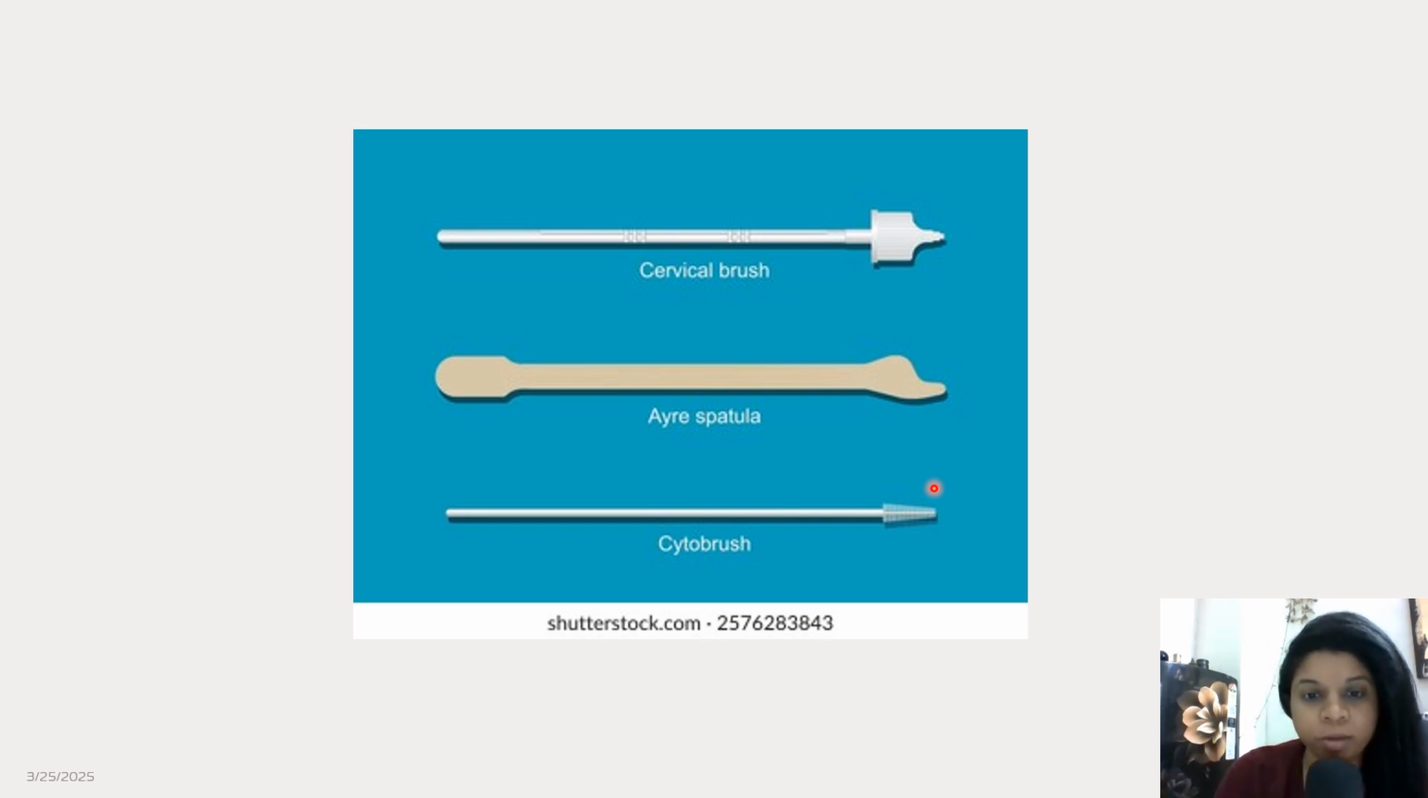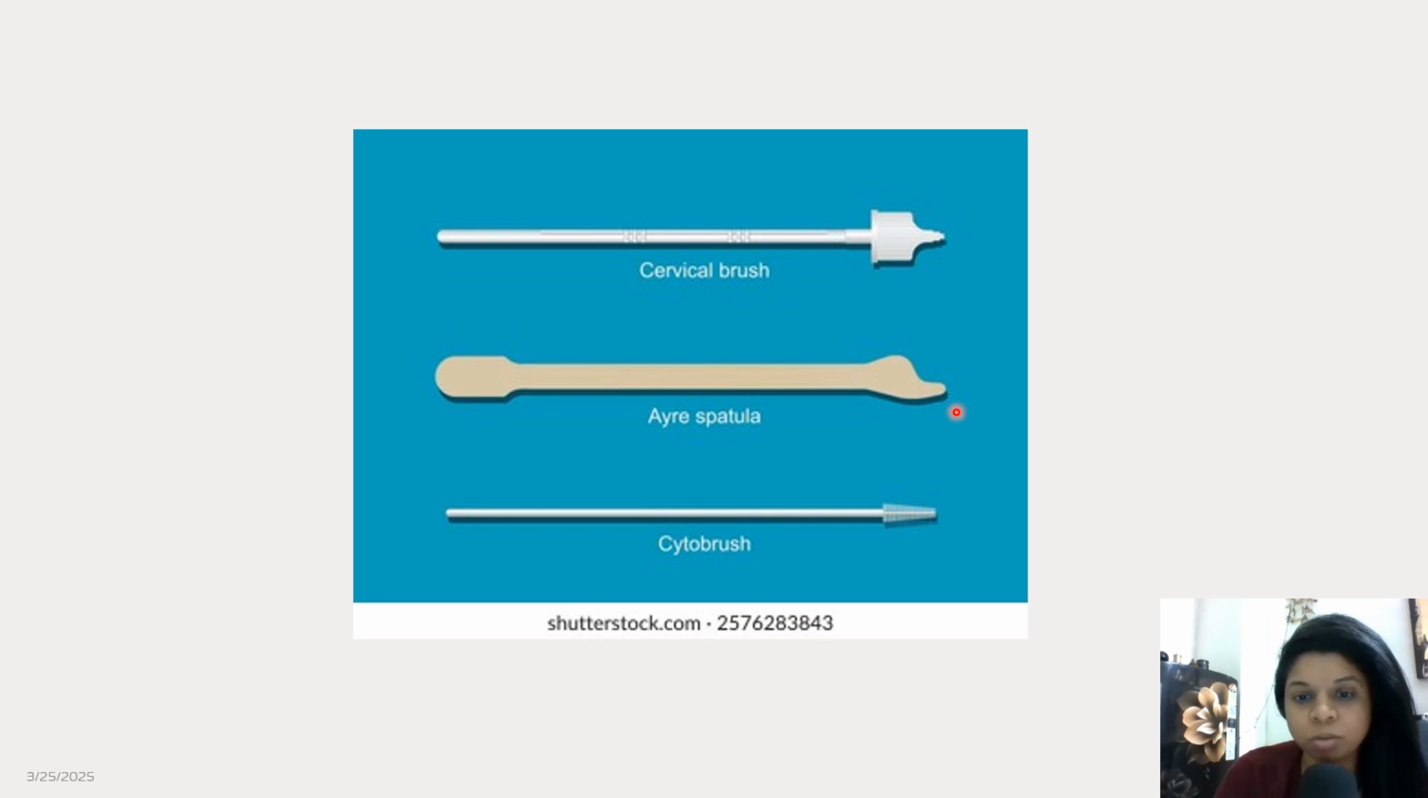if you're suspecting any glandular abnormalities, preferably. The Ayre spatula, you can see the proper shaping of it, so that when you insert it into the cervix, this will go into the external os of the cervix, and you can get a proper transformation zone as well as the ectocervical part. Okay, so this was used and is still being used